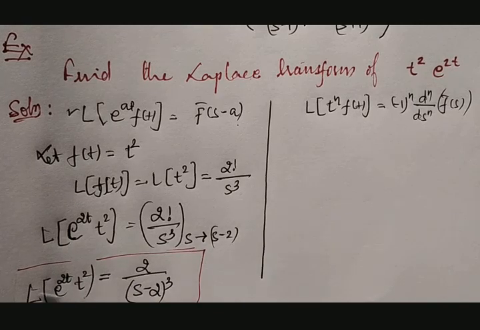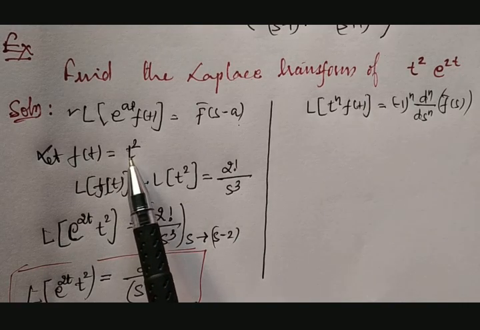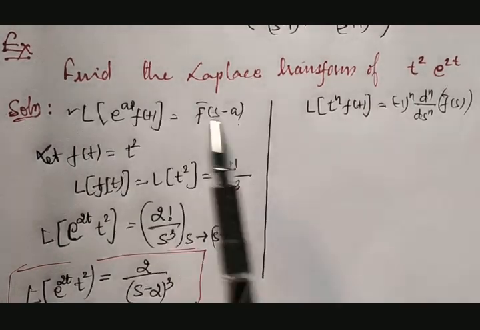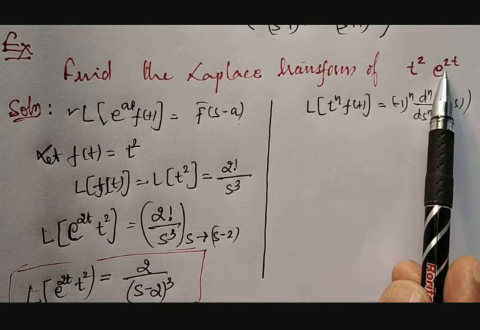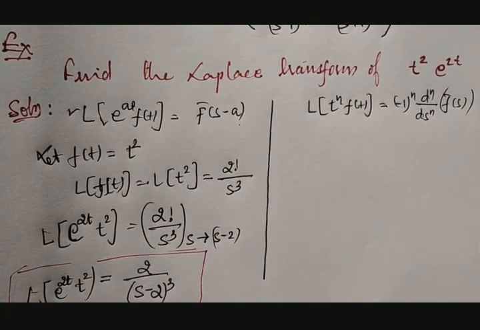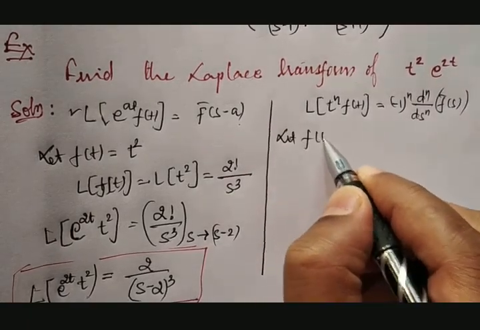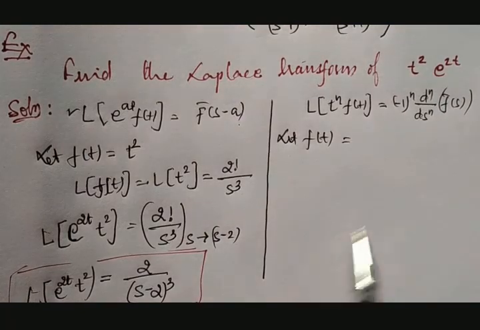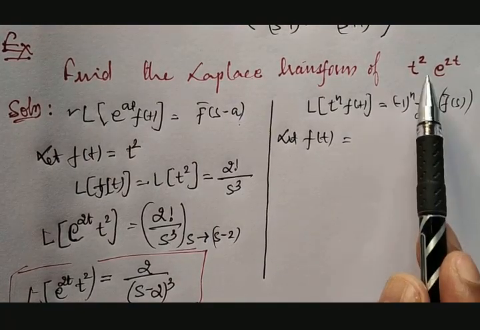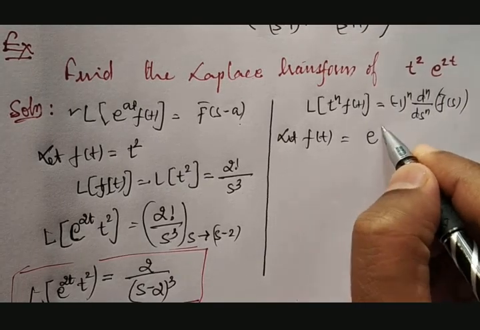This is the result which we obtained by using shifting property, because here the preference was given other than exponential function. Other than exponential function, which is the other function, is treated as f of t. Now I'll take vice versa. Here I'll be taking f of t is equal to other than algebraic, whatever we have, that is e raised to 2t I'll be taking.